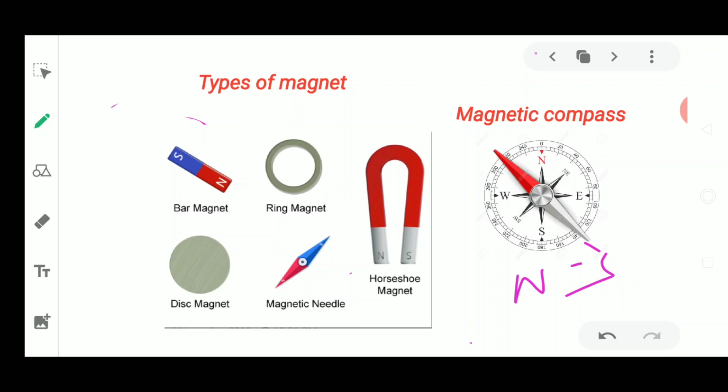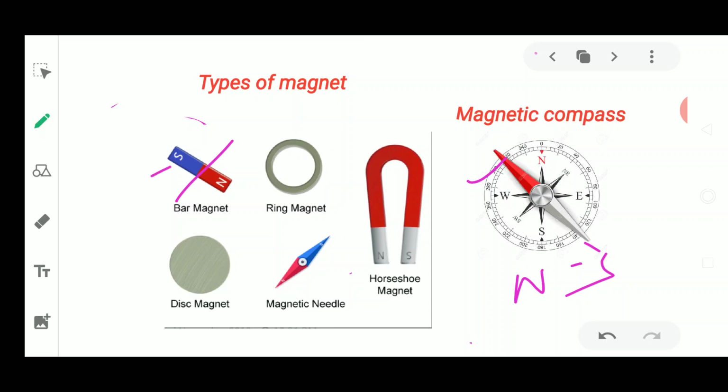So this directional property is only used in the magnetic compass, where the magnetic needle is always going to point towards the north and the south direction. In your labs also you will see that the magnets have a color code: half of the magnet will be blue, half will be red. Why? Because they show you the different poles, where red shows the north pole.